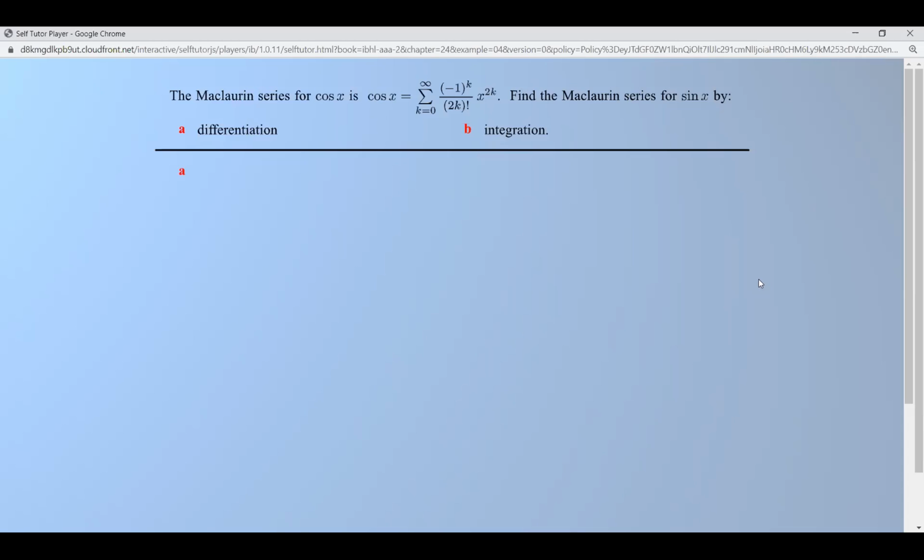In part A, we know that the derivative of cosine x is minus sine x. So, sine x is minus the derivative of cosine x, and we substitute the given Maclaurin series for cosine x. The series for cosine x converges for all real x, so this expression for sine x must also converge for all real x. When we differentiate a